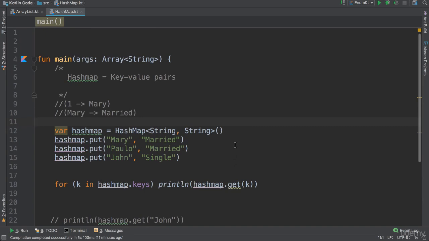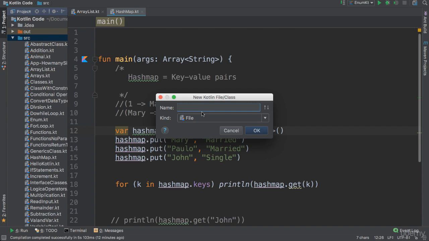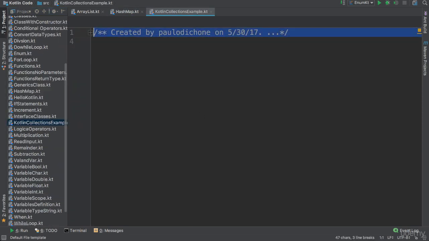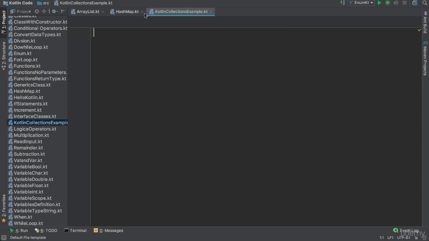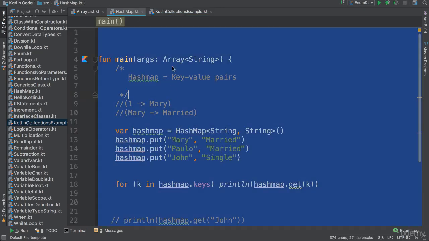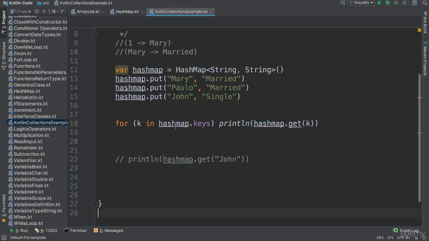But since we are focusing on Kotlin here, I should also obviously show you how to do the same things strictly in Kotlin. This is still Kotlin, but the syntax, when we say hash map like this, we are borrowing from Java. So I'm going to go ahead and say here Kotlin collections example. I'm going to go ahead and copy all of this, put it here, and I'm going to go